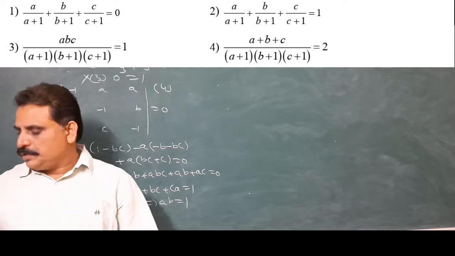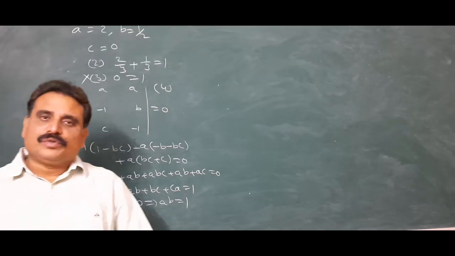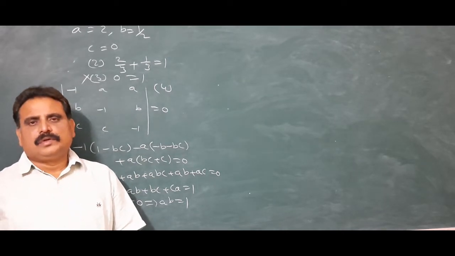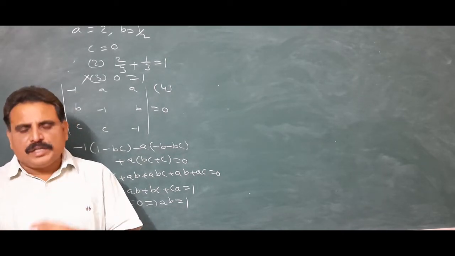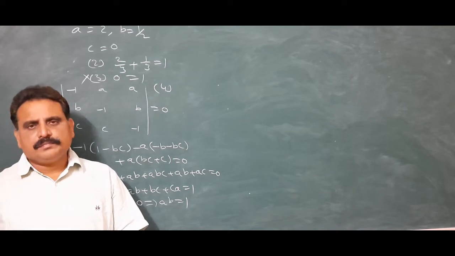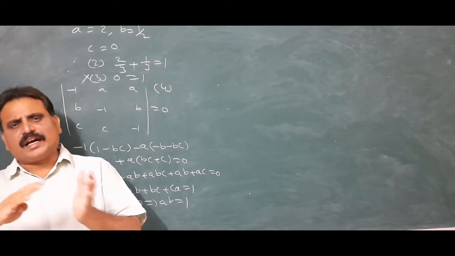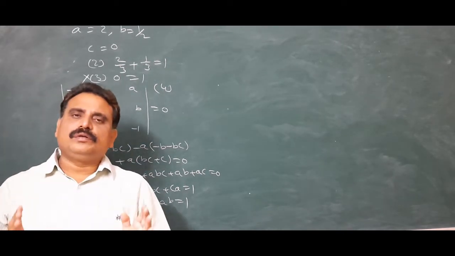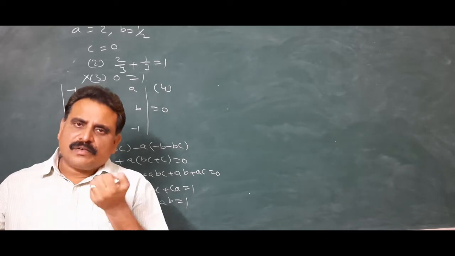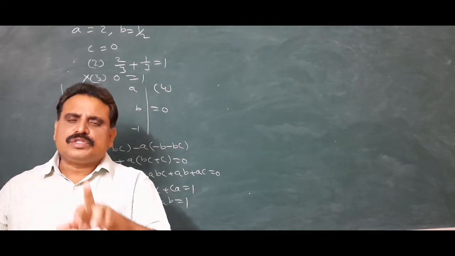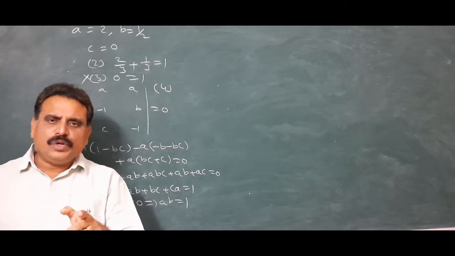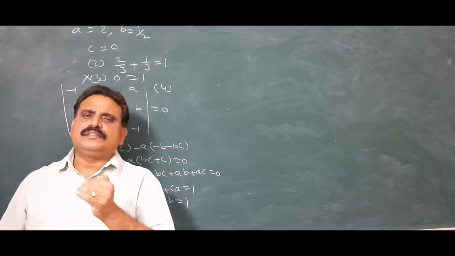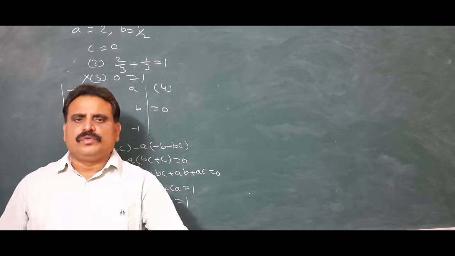So by verification, okay. Now you may have a doubt: why are you taking C equal to 0? Actually, we get one relation between A, B, C. From that relation, we can convert according to the options, but that takes much time. Don't go that way. Let us find one solution that satisfies that equation. That solution must satisfy the given option. In that way, we can easily decide the answer.